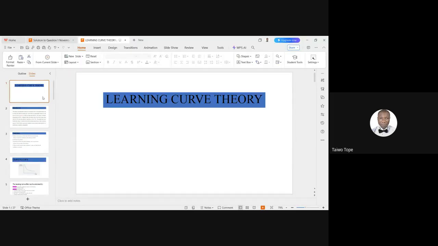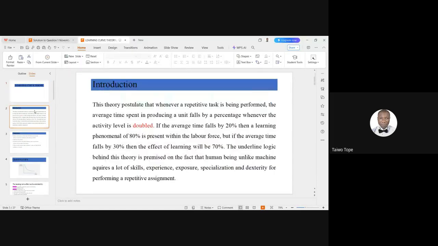The questions on learning curve sometimes might not come as a full-fledged question. It can be an addition to a particular question, to a particular topic. It can be tested alongside variance when talking about labor variance. It can be tested alongside, let's say, relevant costing as well. So sometimes you won't just see it as a full-fledged question on its own, but just an addendum, an addition to some other question.